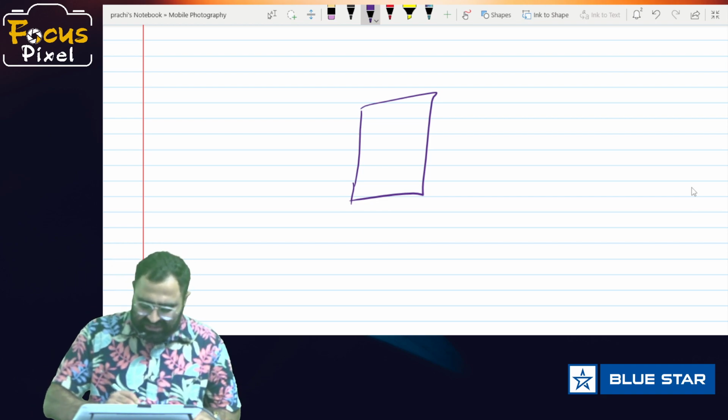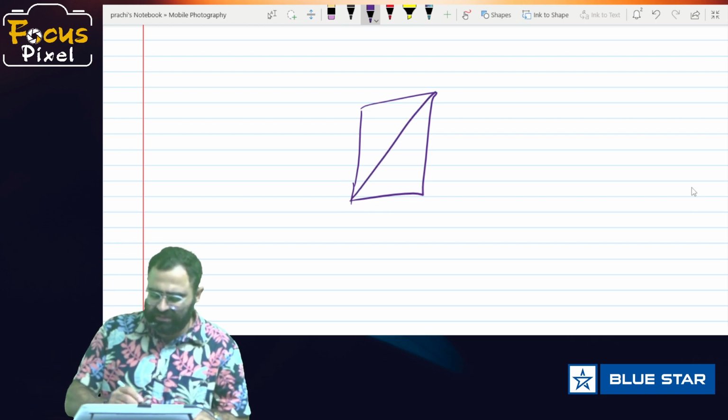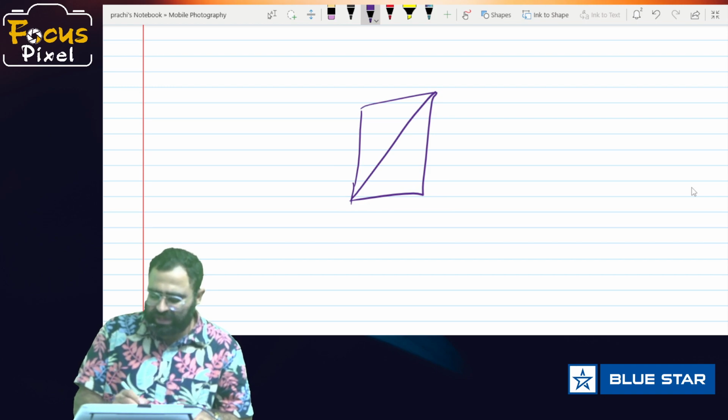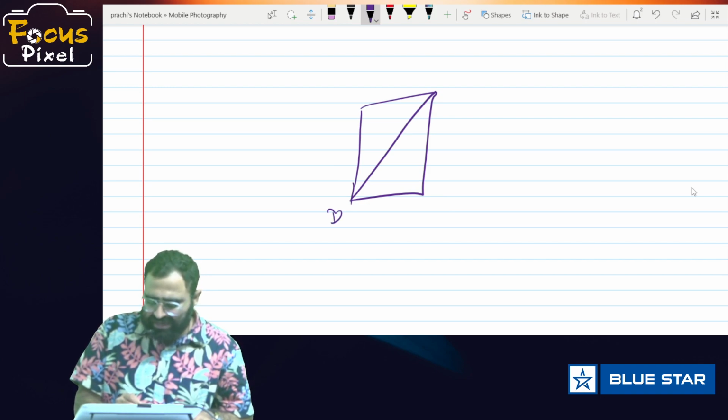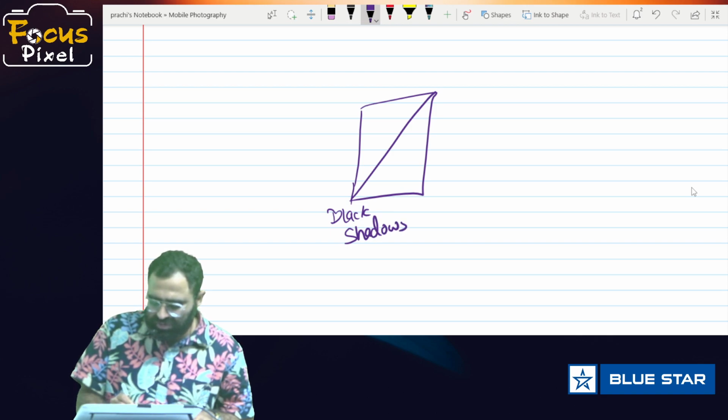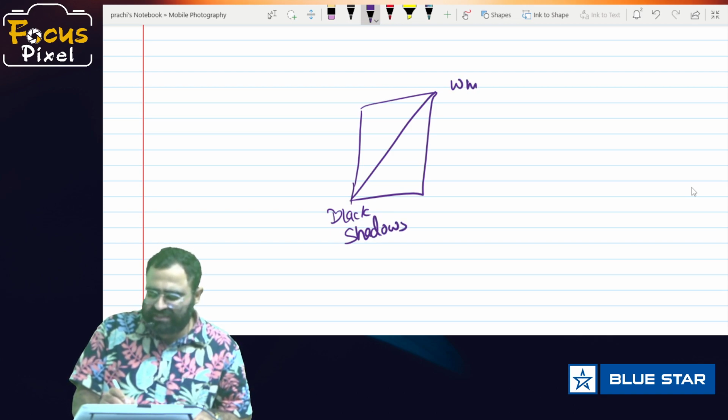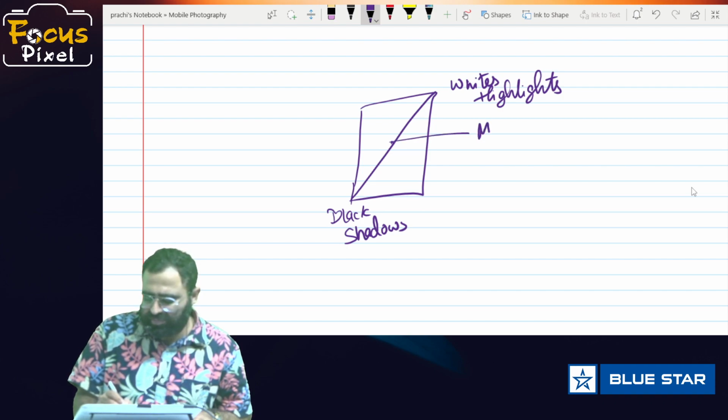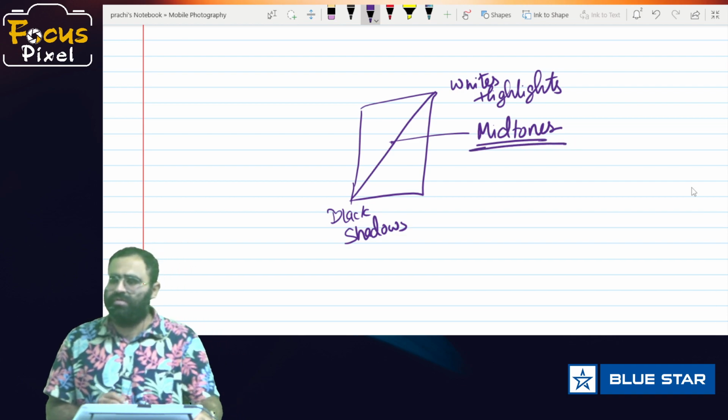It's a straight line. This determines your black, that is shadows. This determines your whites, that is highlights, and this center portion determines your midtones.